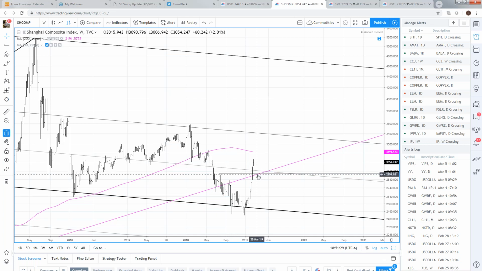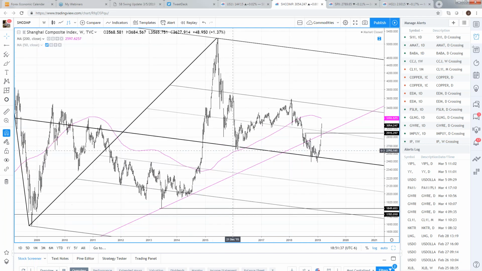So my point being is that I'd look at that as support, and that's going to be around 29.15, which is also the high from July of last year. So when I look at the Shanghai, I've got two levels that I want to pay attention to, essentially 3,100 and 2,900. All right,